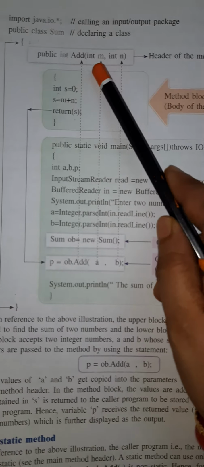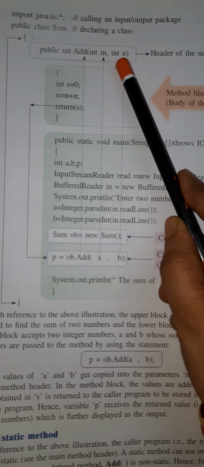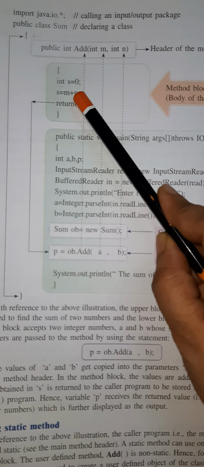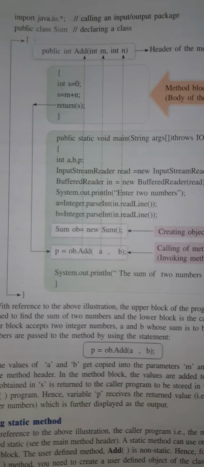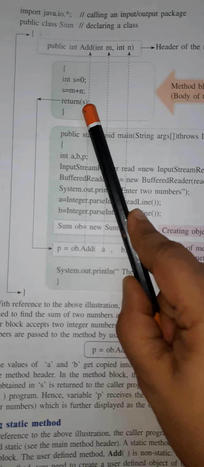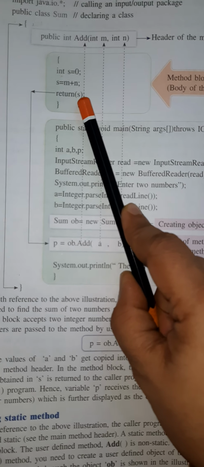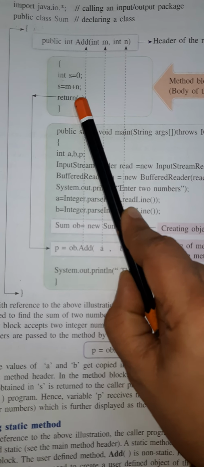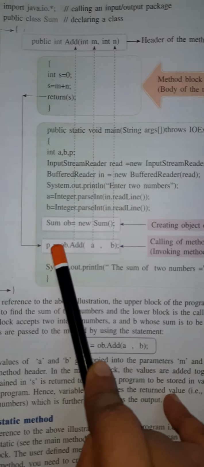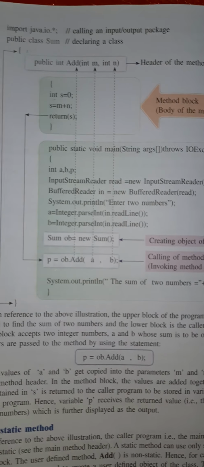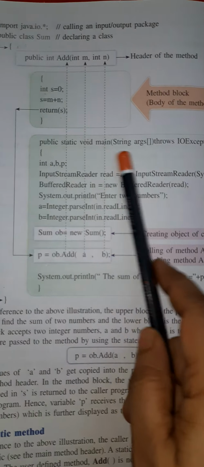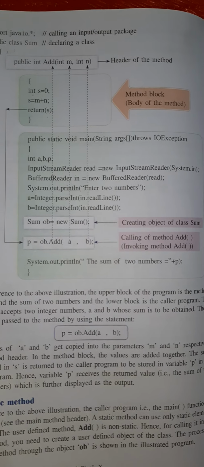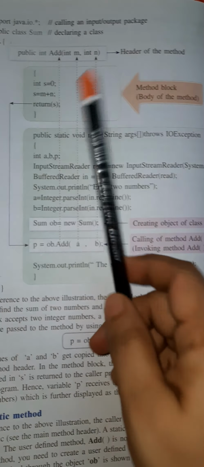So the m and n values come here, and it will calculate the sum and return the value of the sum. If it is 5 and 10, the sum is 15, and it is going to return 15, and this return is going to come here. First let's see what the program is saying. Then the main method is one part of the program where you enter the values, find the sum and give the return of the sum.